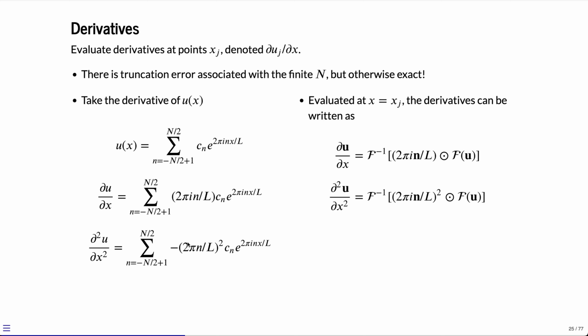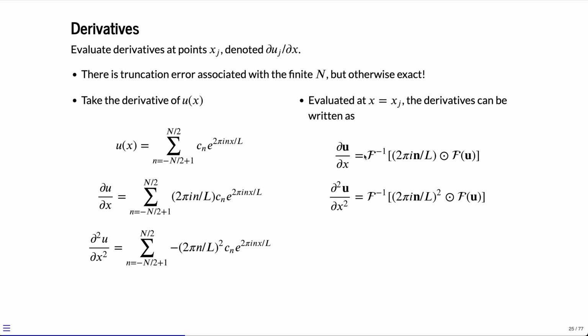And you can extend that to whatever order derivative you want. So you can see that the derivative is just the FFT of u, and then we multiply that by this factor, and then we take the inverse FFT of the result. And so we can write that here as the array of derivatives on our grid, indicated by the bold u